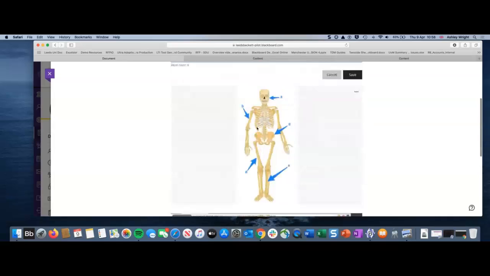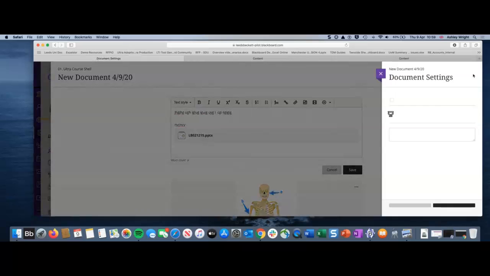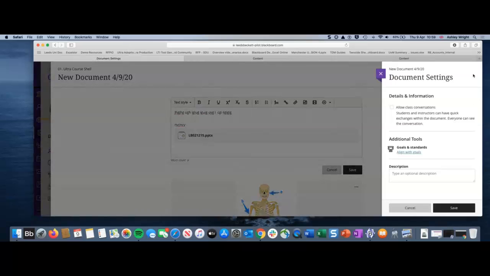So there's other pages I showed you. Quite a few of those used a document, and again, you have the same options here. Make it visible or not. Something that's different, which I need to show you in Ultra, which doesn't exist in 9.1, is this class conversations. So this is, it's not a discussion forum, it's a place for the students to discuss in situ without going to a discussion